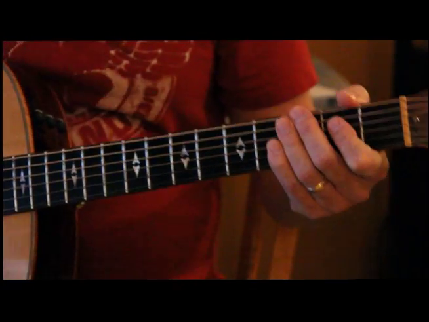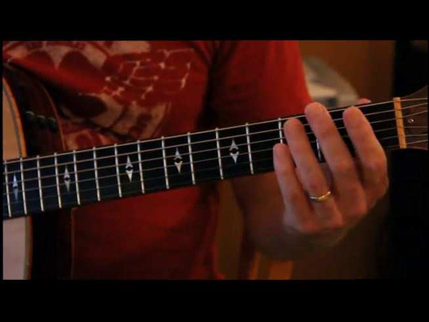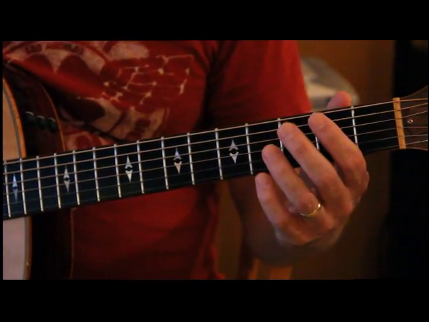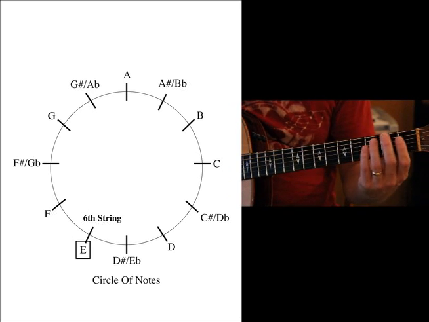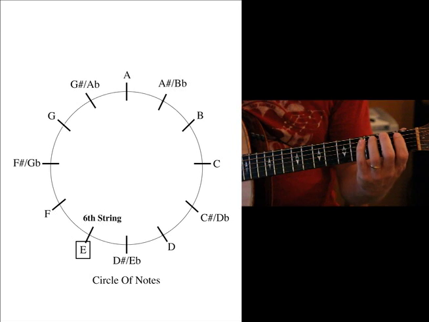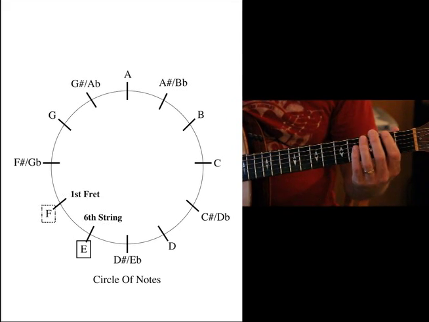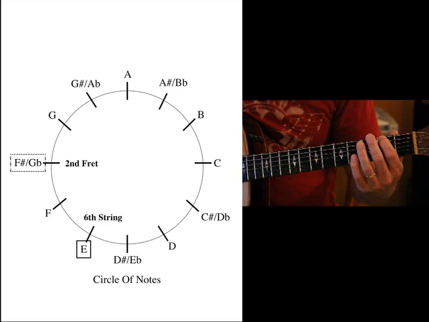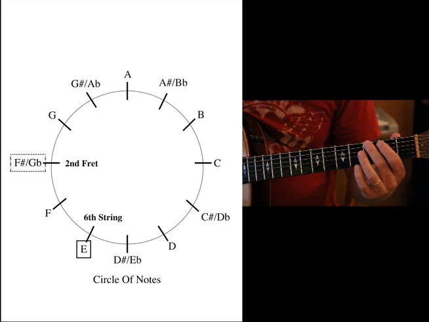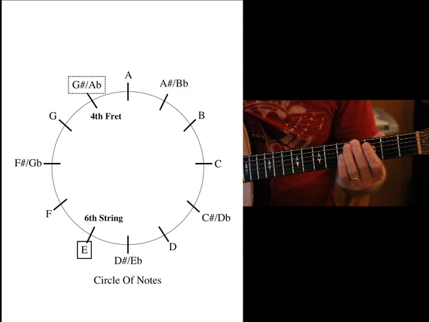So what I'm going to do, I'm going to start with the 6th string, the E string. So looking at that circle of notes is real easy. You just locate the string name, E in this case, which now has a box around it, and then we follow that circle of notes around. We go up 1 fret, we have F. We go up another fret, we have the note F sharp, also known as G flat. We go up another note, G, and we keep on going